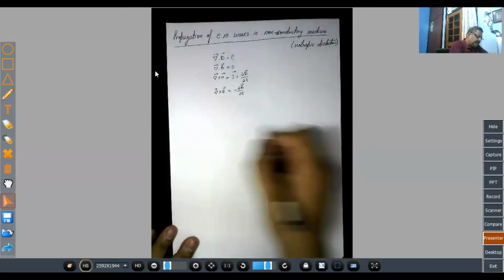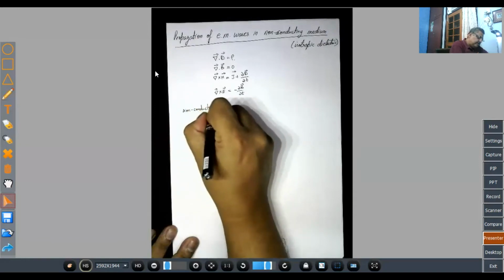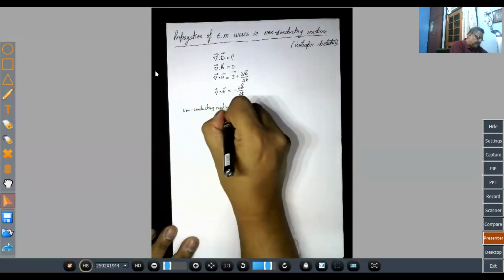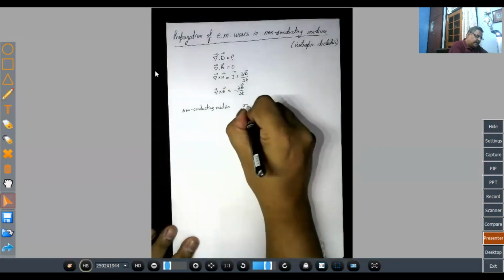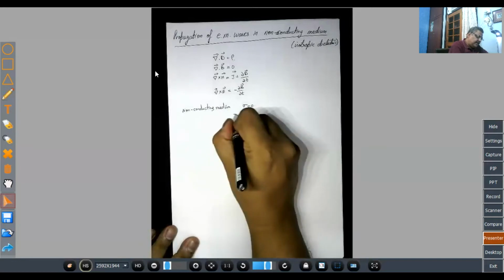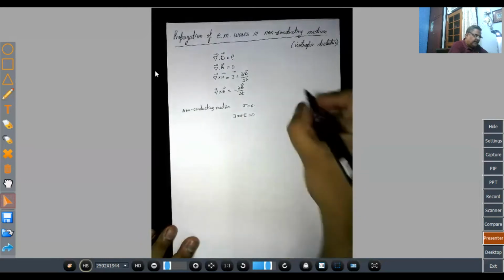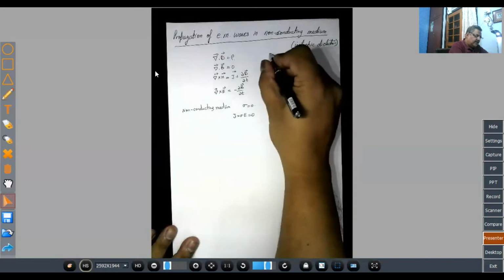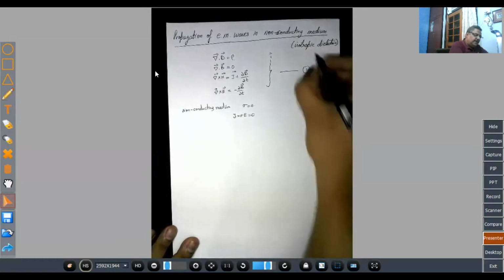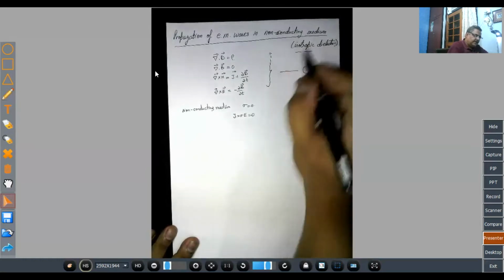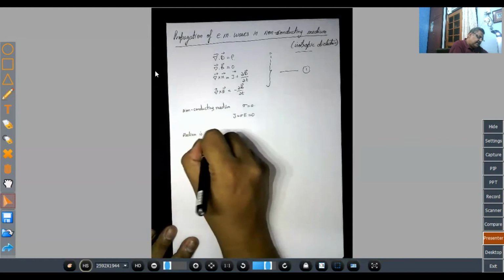So for a non-conducting medium, the conductivity is zero. That means the current density is zero. We label this set of equations as 1. Since the medium is isotropic,